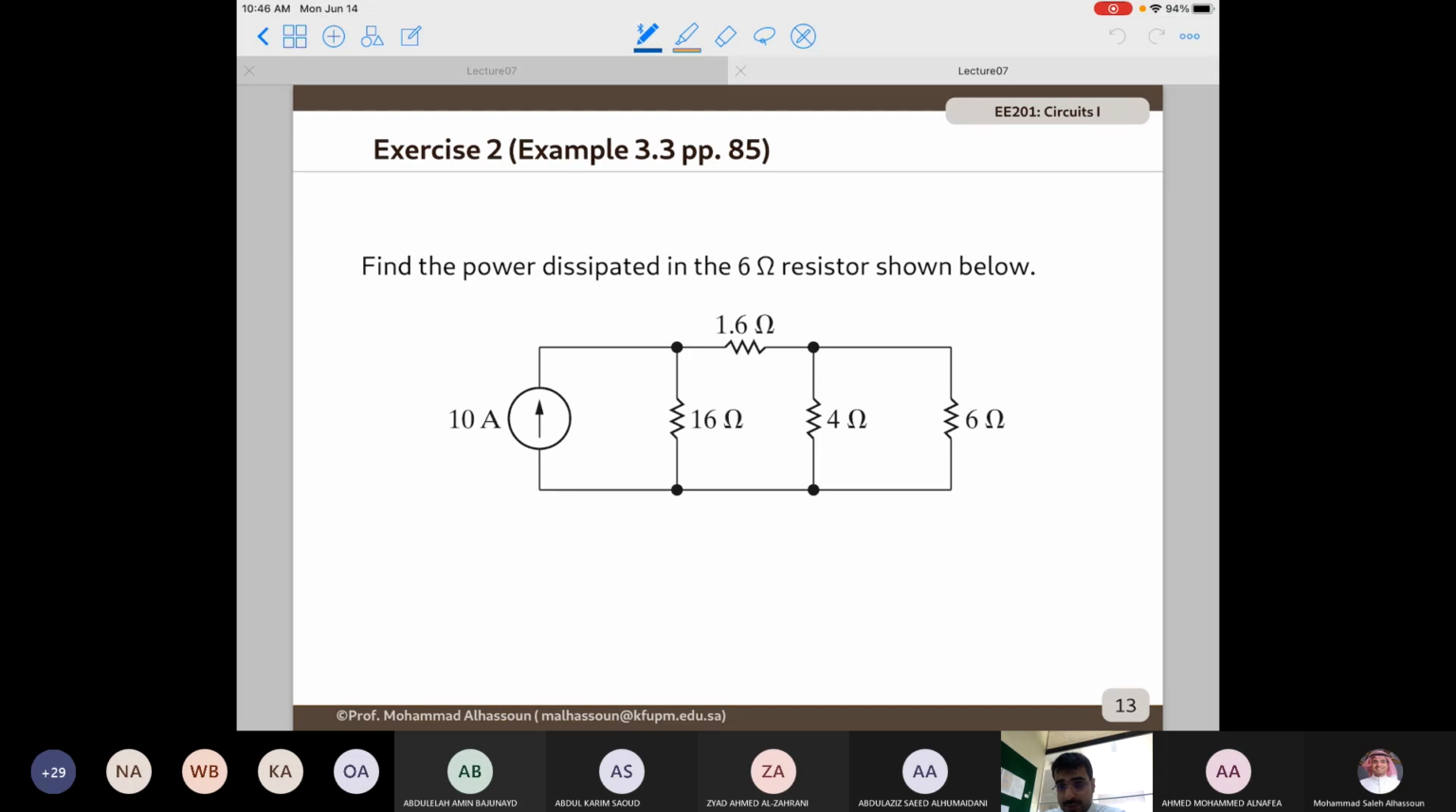So let me ask you this question. Let me start with Mohammed. What do you need to find the power here for the 6 ohm resistor? The power, I can find it by the current and the resistor itself. I square R. Okay, exactly. So you need to find the current. Yeah. So in order to find the current,